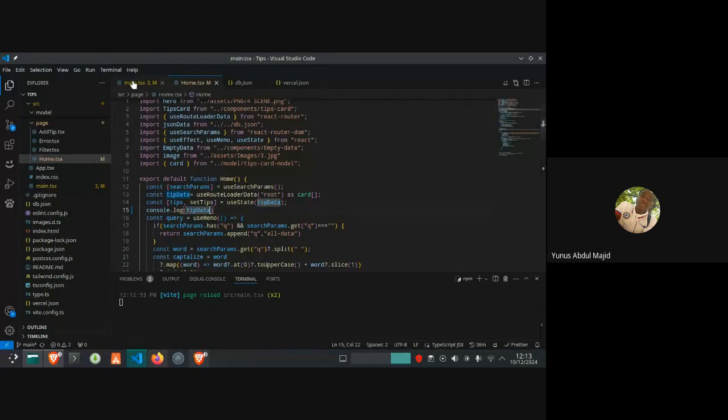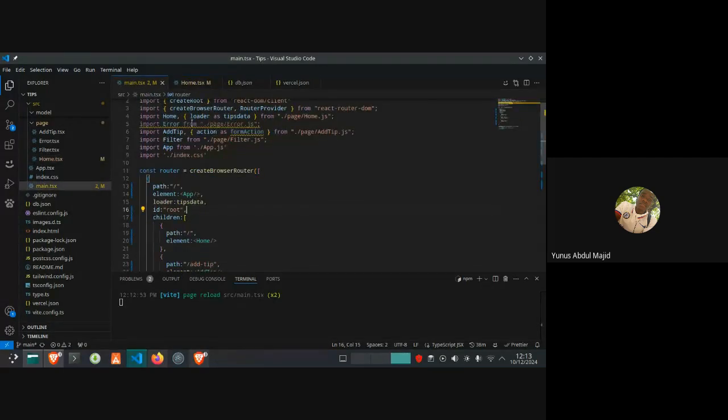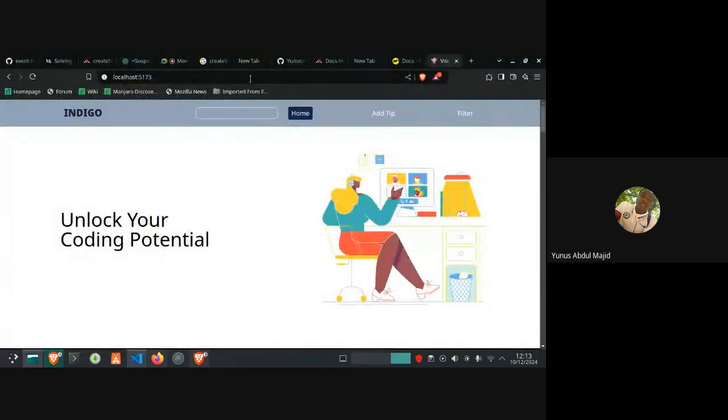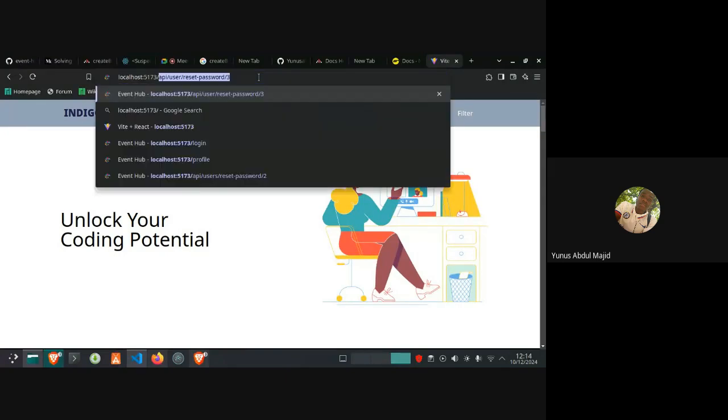But there is a particular component that we haven't used: this error component. Let's make use of it. Now let me show you guys the kind of error we get without using the component. Let's go back.